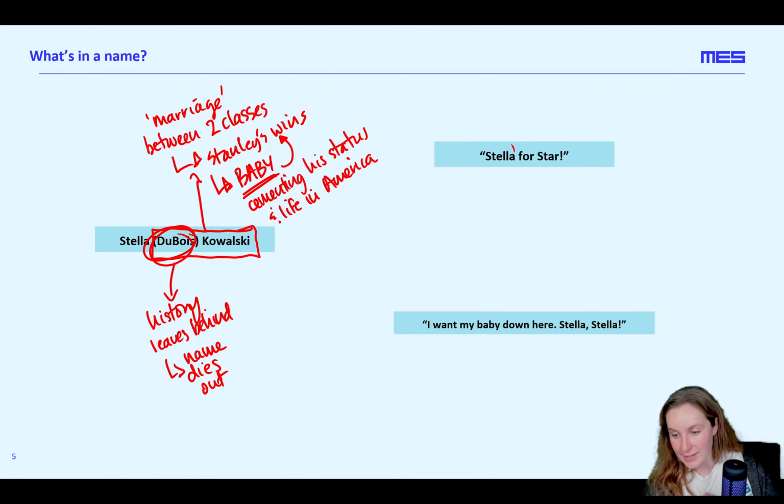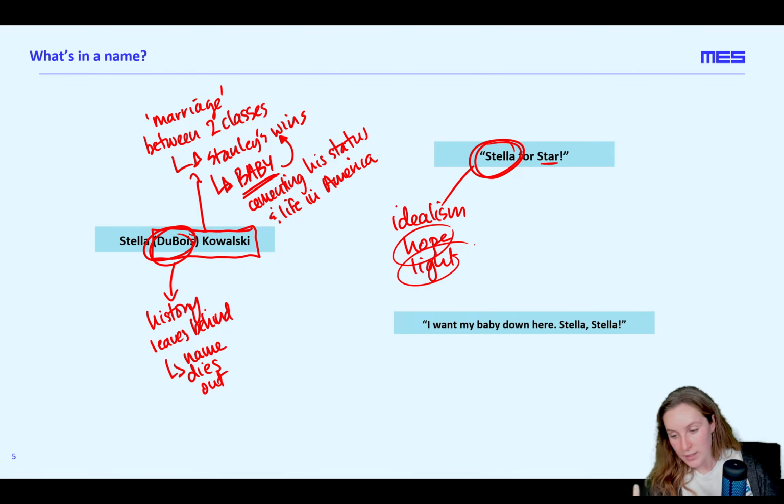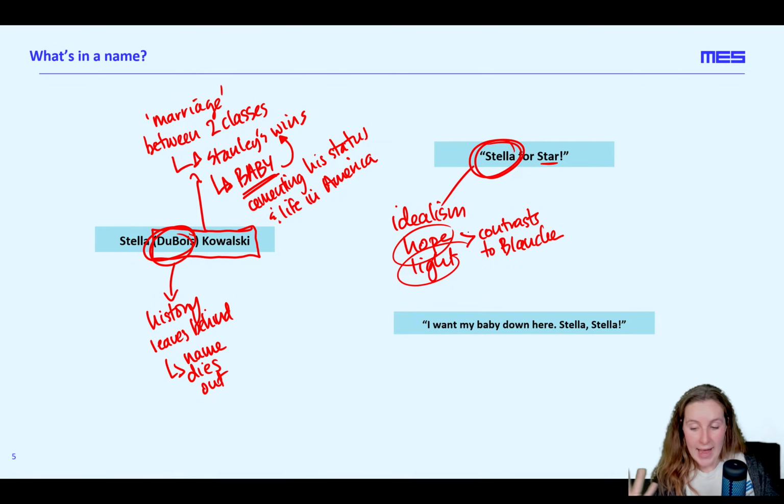With this as well, we've got the Stella as well. Stella, as we said, as Zemi said, Blanche babies her. Well, let's think about what Stella and the Stella for Star business is here. Stars, what are they a symbol of? If Stella, the literal name, means star, well, we've got idealism, we've got hope, we've got light. Ooh, if we've suddenly got light and hope here, we're already thinking about the contrasts to Blanche here, right? Who avoids the light and who has no hope because she is unable to let go of the past. With this as well, we have guidance,